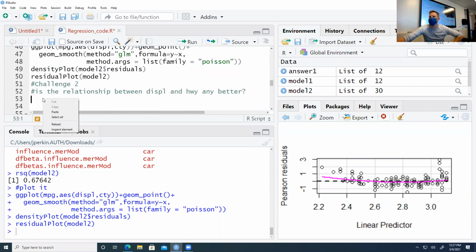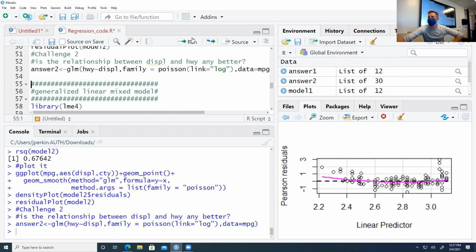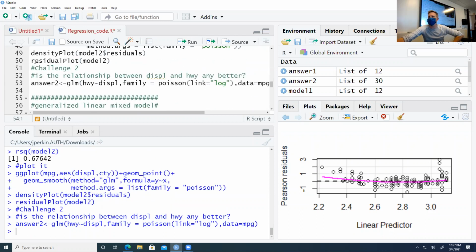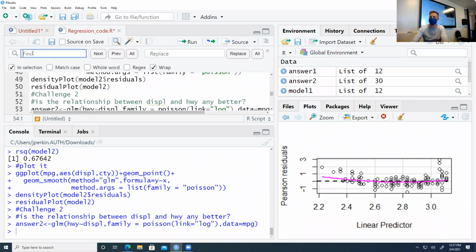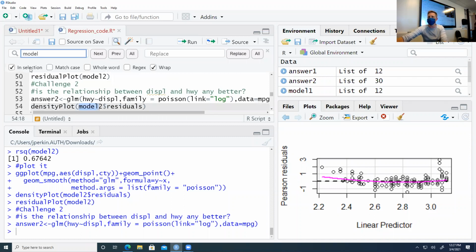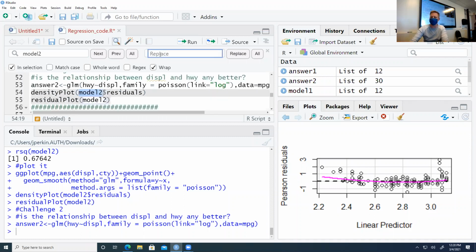So you could just call this one answer 2, and we're thinking about highway now. And we could have a look at some of these. One of the things you can do is just press Control F, and we can find model 2 just within that selection. So I selected that, and we're going to replace that with the word answer. And if we replace all,